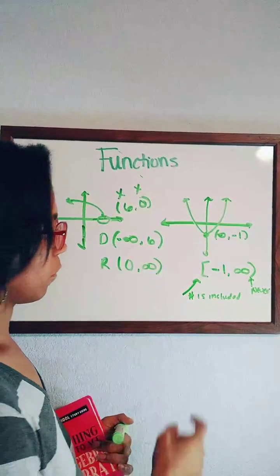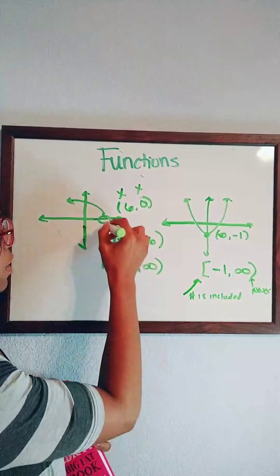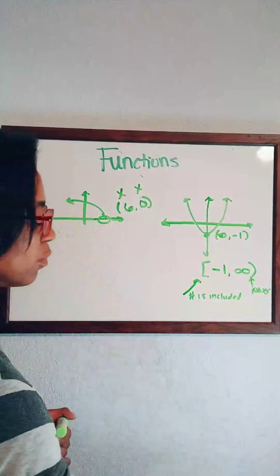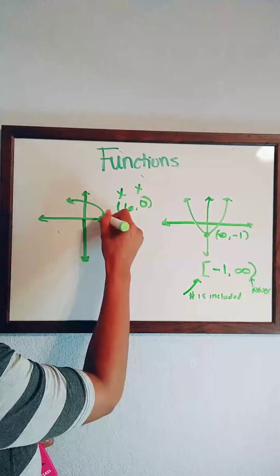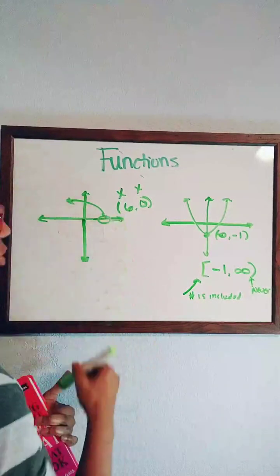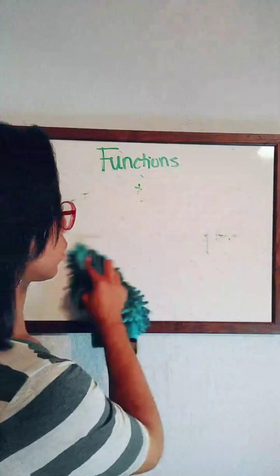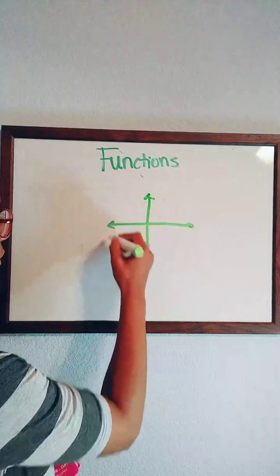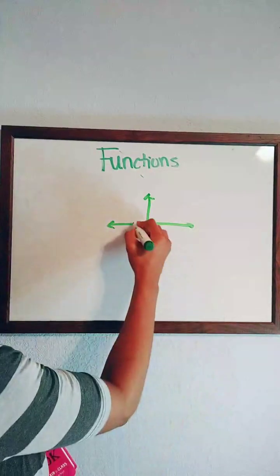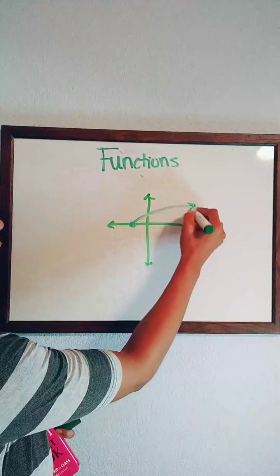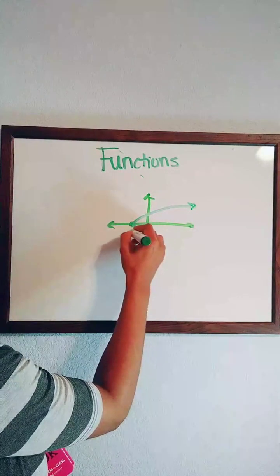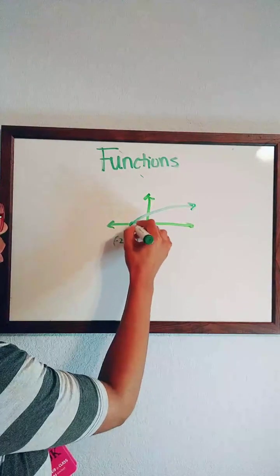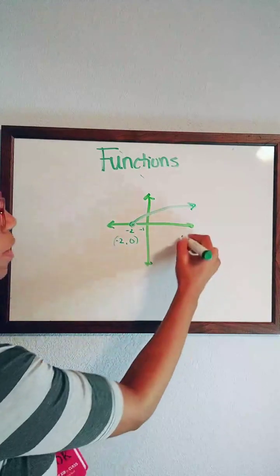In this problem, your range is going to be all of your y values. So answer me this. I'm going to draw a new graph, going from the other direction, and I'm going to use a closed circle this time, going this way. I'm going to say that this point is -2, 0. So my graph is here at -2, 0. Please tell me